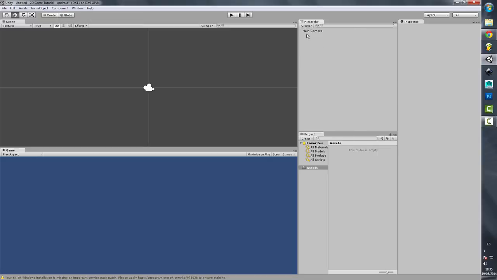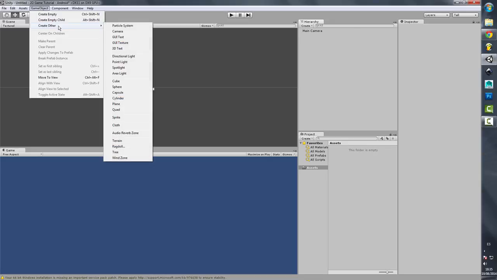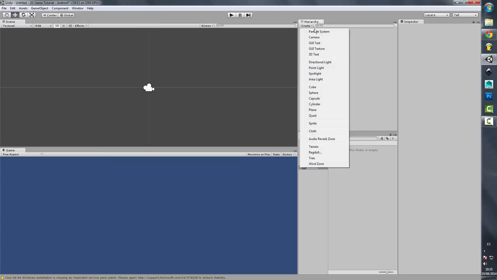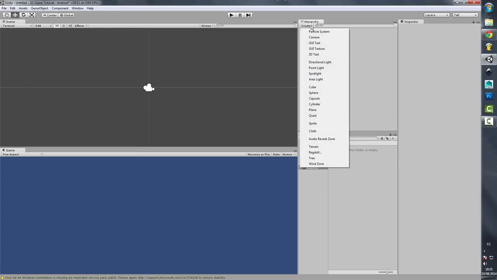How do you create new game objects? You can do it through this menu, Game Object. You can create an empty game object, create an empty child game object, a child of any parent, or you can create other. Those are also game objects. You can also click here in this button. There's a shortcut, so you can go to Game Object, or you can go to the Create button